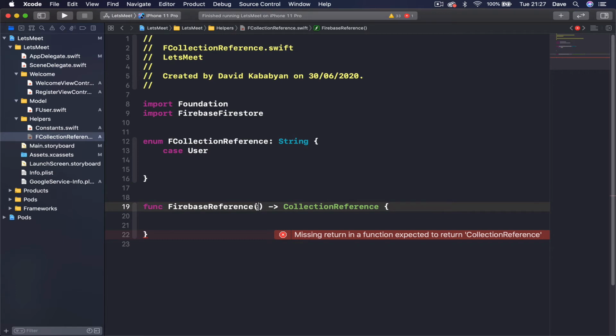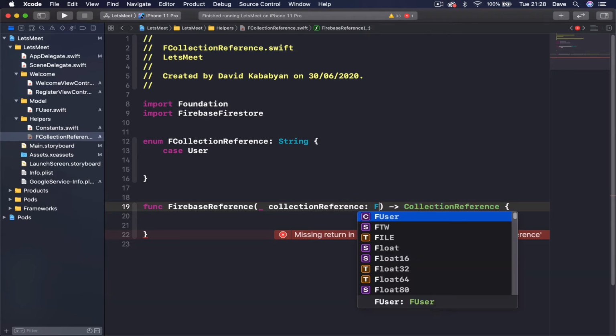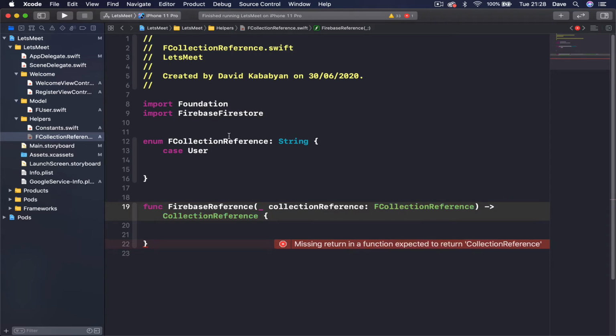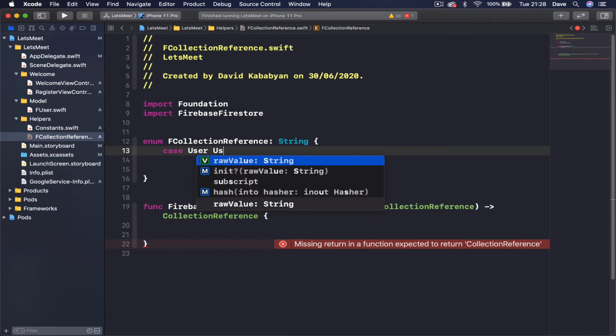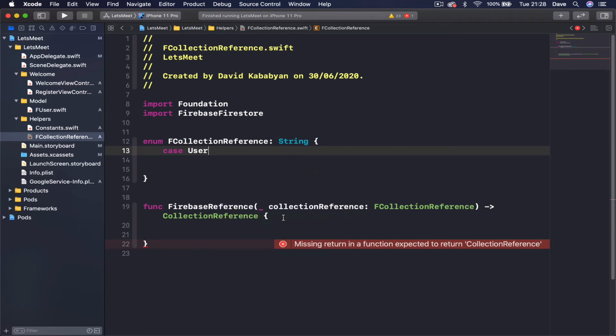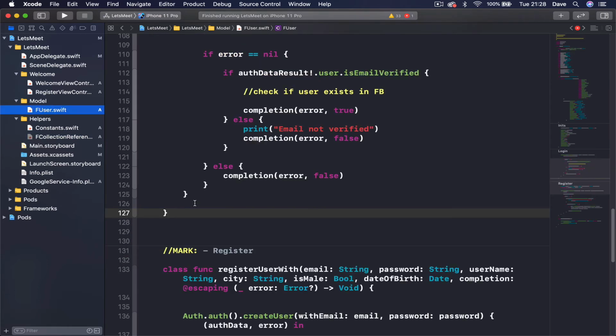And here I'm going to pass a parameter called collectionReference, and this is of type FCollectionReference. So basically we are providing a string here. I'm just creating an enum, so it's easier for us to pass, like we say FCollectionReference.user, and then we don't have to type user every time we want to pass it. And this underscore in front of the name of the variable we are passing here means that if I call this function, for example, if I go here and call that function, let's say,